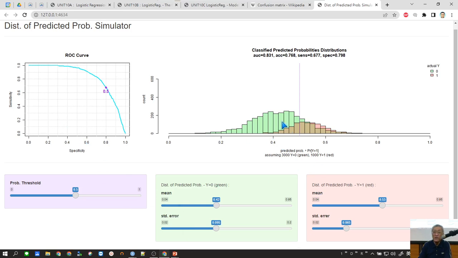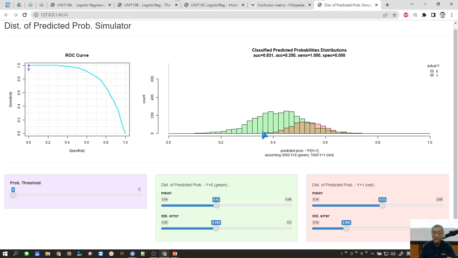Okay, so usually this is the situation, and so you can set the distribution of predicted probability by yourself with this slider, right? You can set the distribution of the y equal to 0 and y equal to 1. You can adjust them, and then you can set the threshold. Okay. If I set the threshold to 0,